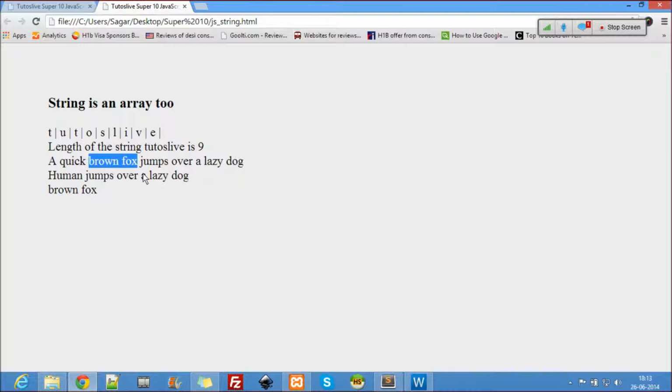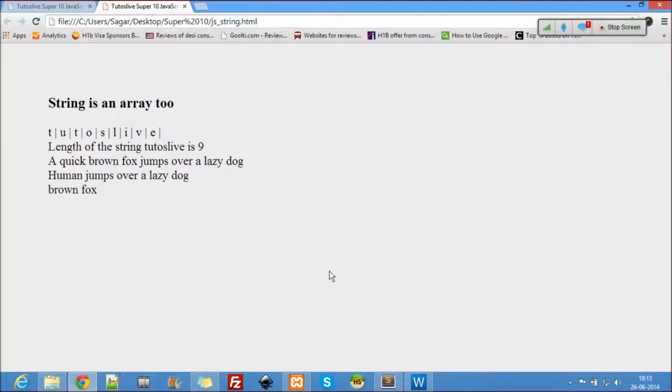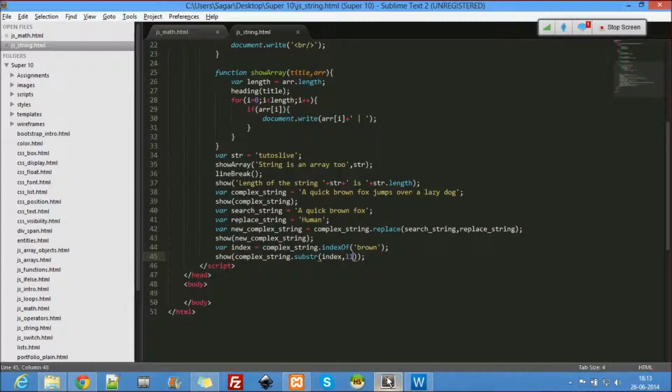When I say until 10, that means it is only 9 characters, or maybe it has got this also. Let me just use 11. Let's see if it's until 10 or the number of characters. Okay, it's pulling 11 characters from here. So these are 11 characters. Substr will pull a part of the string.